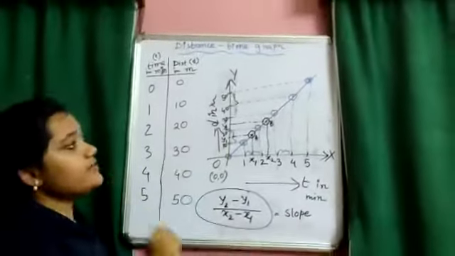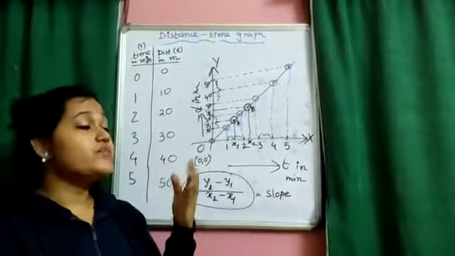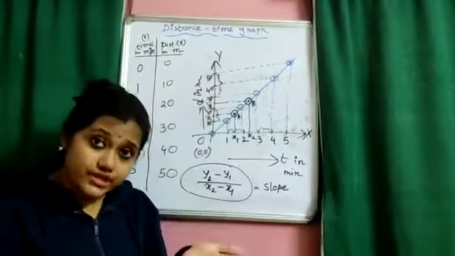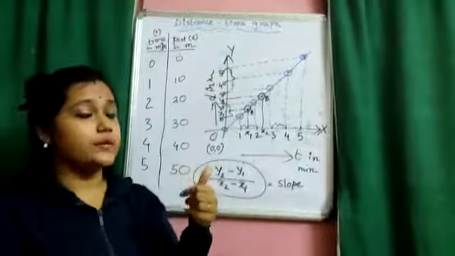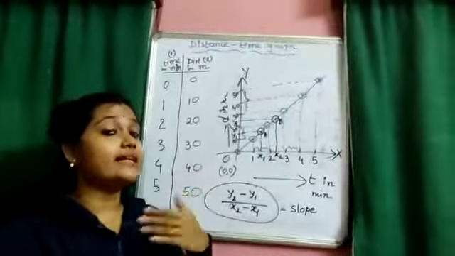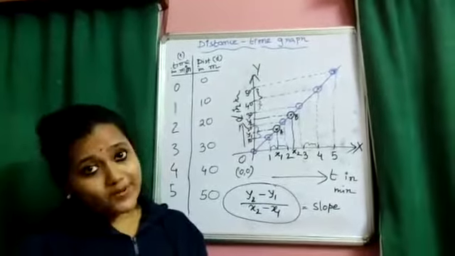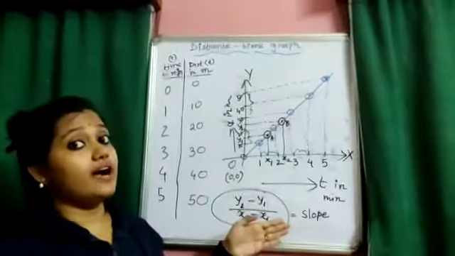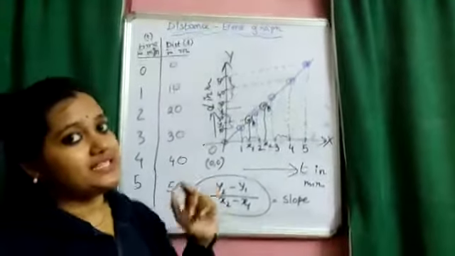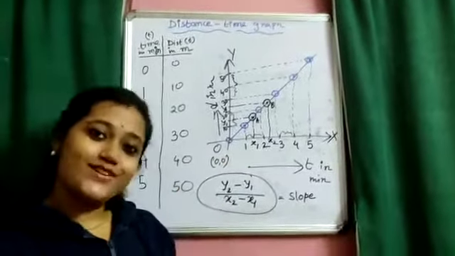Okay, so from this graph what have we learned? Or from the distance-time graph, what are the things you can learn? From a graph we can interpret whether the body is in motion or at rest. That is the first thing. And then how much distance it has covered in how much time. By calculating that, I can interpret whether the motion is uniform or non-uniform. And the slope of the distance-time graph tells us the speed of the body if it is in motion. Okay, thank you.